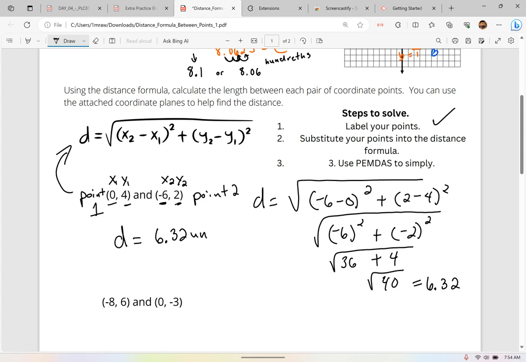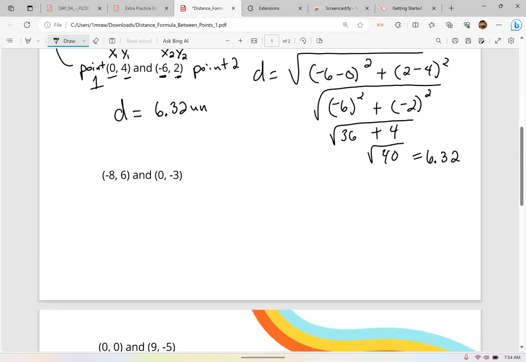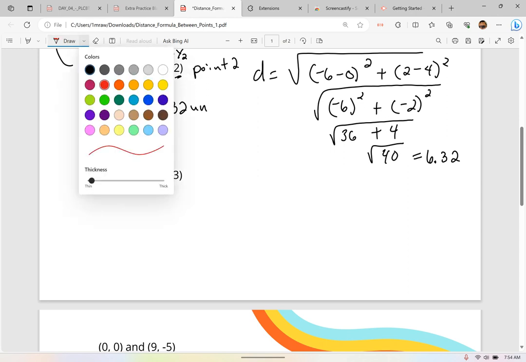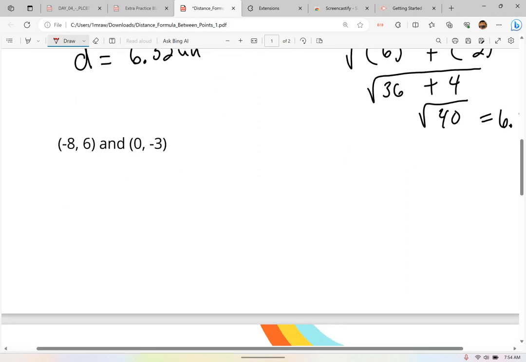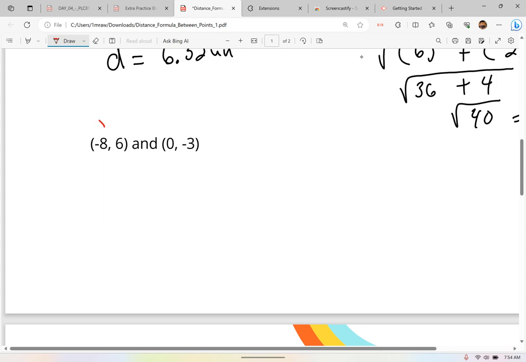That's how far it is from point 1 to point 2: x1, y1, x2, y2. That's why it's so important for you guys to make sure you label. Labeling is super important. We'll do the next one as well, to get a couple of practice plays. x1, y1, x2, y2. Use those parentheses. Distance is equal to the square root of